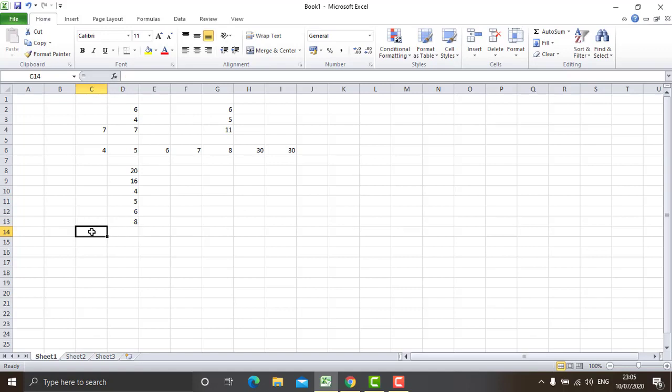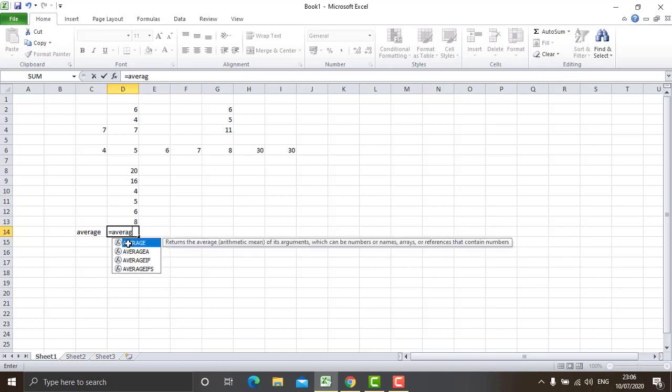So I write here a label, average. And I'll be writing here is equal to, the function name is AVERAGE, bracket open, and then the range of cell, from where to where we need to find the average, that is from cell D8, the highlighted column, to the last cell, that is D13.